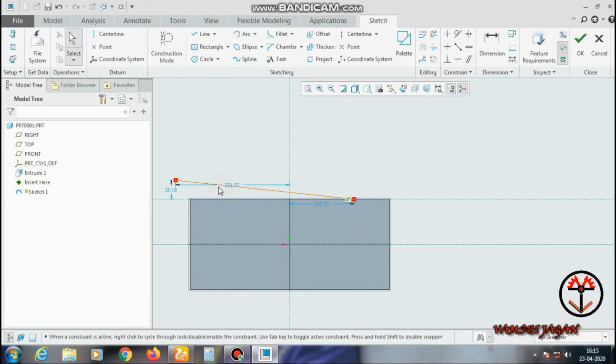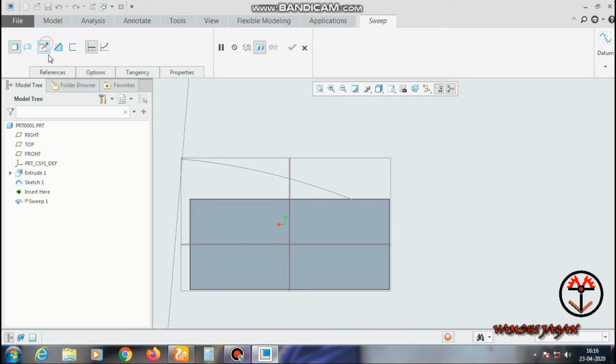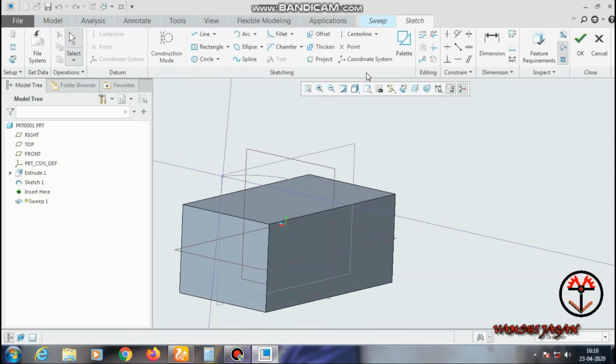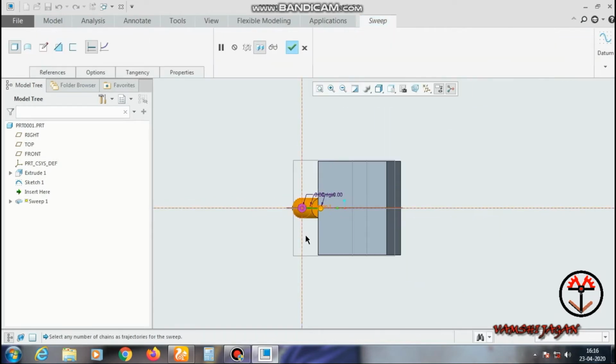So I delete and select the arc. So after selecting, clicking OK. I will select sweep and sketch. You want to draw the profile there. So select the view and draw a circle. This is a circle, approximate dimension.